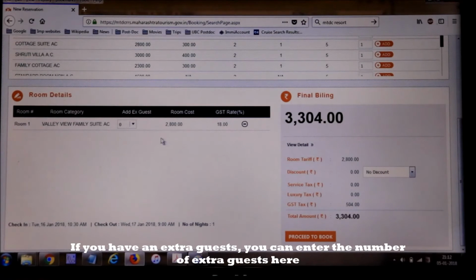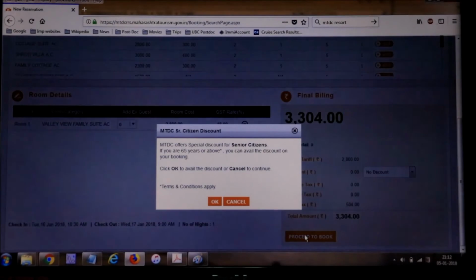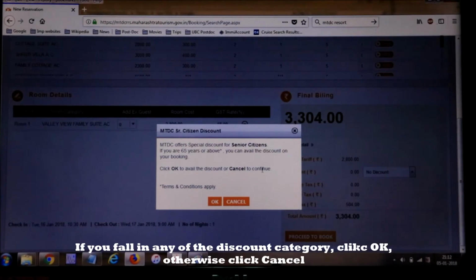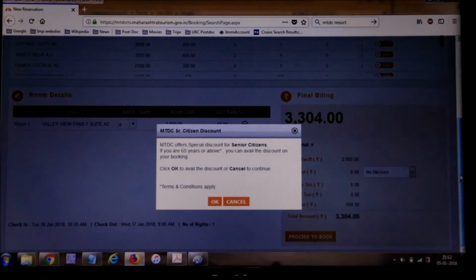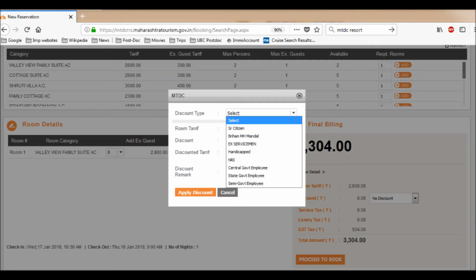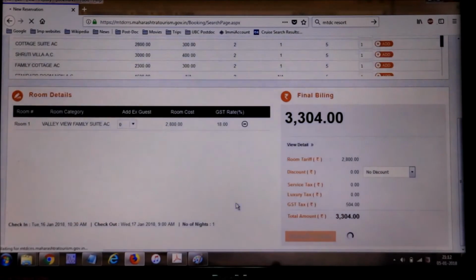Now no extra guest, click on proceed to book, and then it will ask you if you fall in any category that MTDC gives discount, then click OK to avail the discount or cancel to continue. MTDC offers discount for senior citizen, ex-servicemen, specially abled, NRI, central government employee, state government employee, and semi-government employee. If I'm not from any discount category, I will cancel,